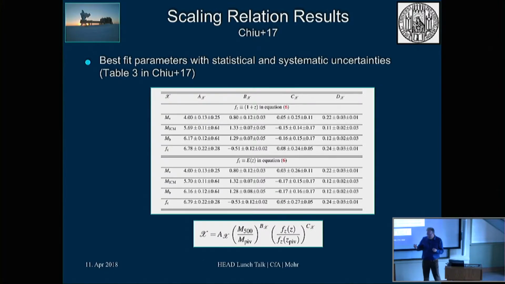It's easy to fix that by increasing the feedback on the ICM side, but the feedback won't necessarily affect the stellar mass fraction at all. And so it's not exactly clear to me what changes need to be made to the simulations to steepen the mass trends. For the redshift trends, I don't think that there's any strong statistical inconsistency, but our uncertainties are still quite large. So for example, you can see minus 0.16 plus or minus 0.16. So we still have very large uncertainties.